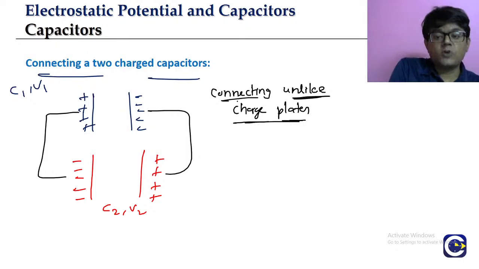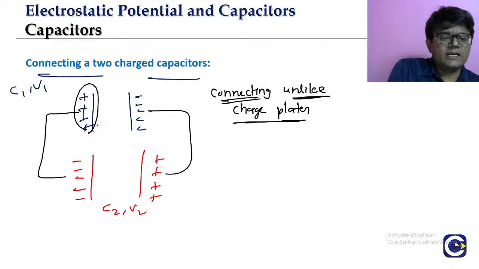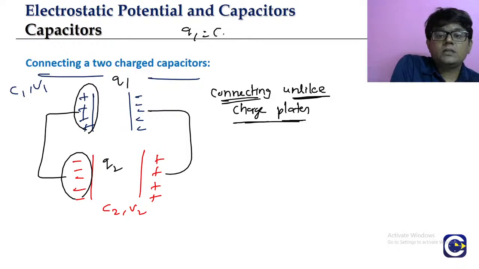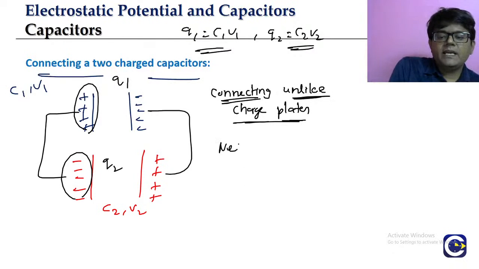You must focus on these wordings, we must never forget them. The first wording we said was connecting like charge plates, and here it is connecting unlike charge plates. If we connect like this, what is going to happen? Look, here positive, here negative, so they will cancel each other, they will nullify each other. Let this be q1 and this be q2. q1 is C1 into V1, q2 is C2 into V2. Here one of them will be higher, either q1 will be higher or q2 will be higher. The net charge